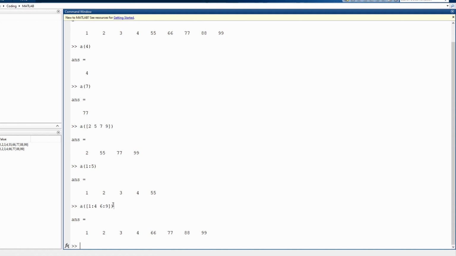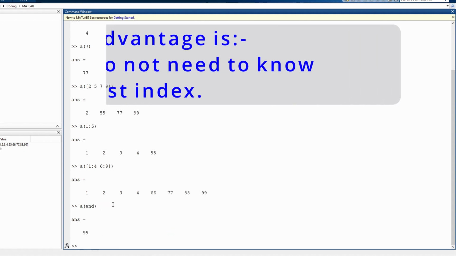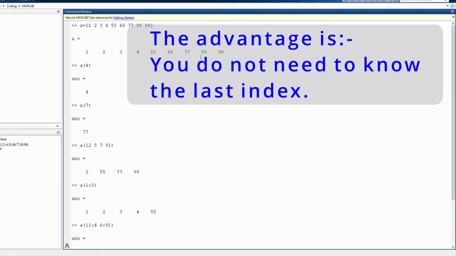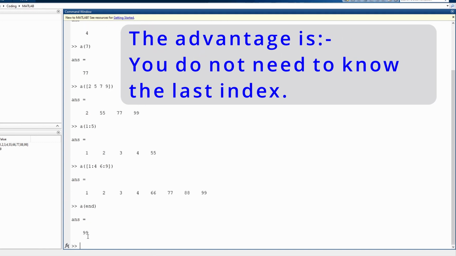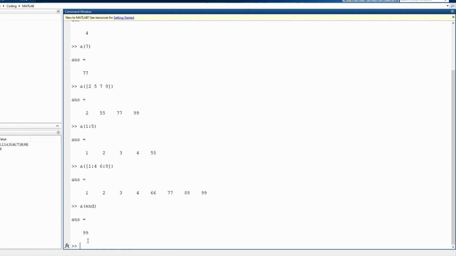Now there are some shortcuts also. Okay, for example if I write a of end, that means the ending element in the array, which is 99, which will be printed out. Now here we can also apply the colon operator also. If I write a of 3 colon end, that means 3 4 5 55 66 77 88 99, from 3 to end all the elements would be printed out.